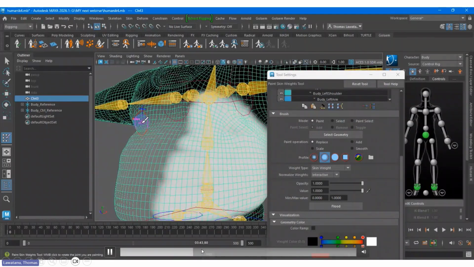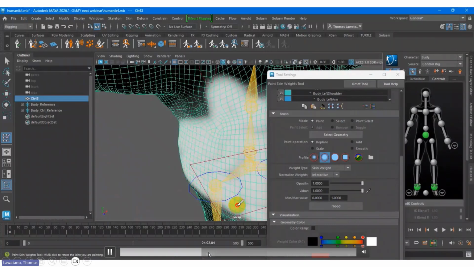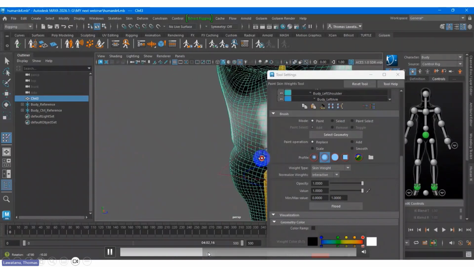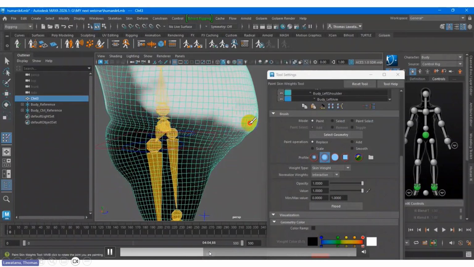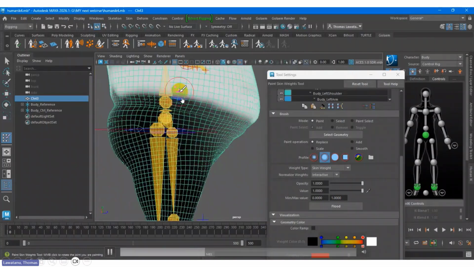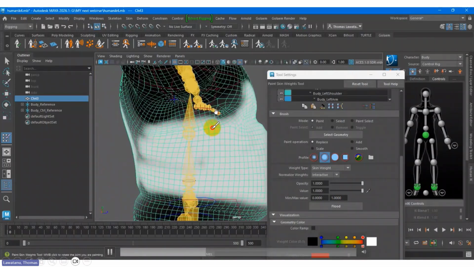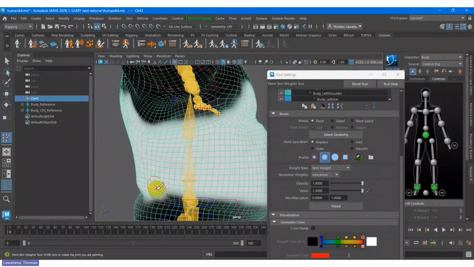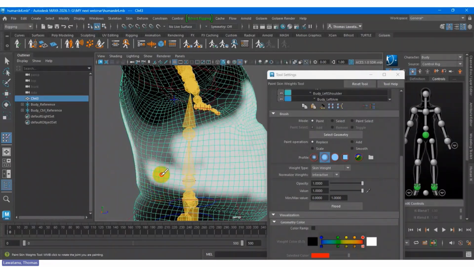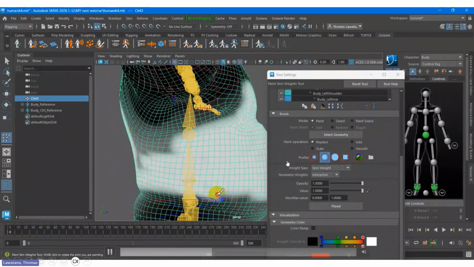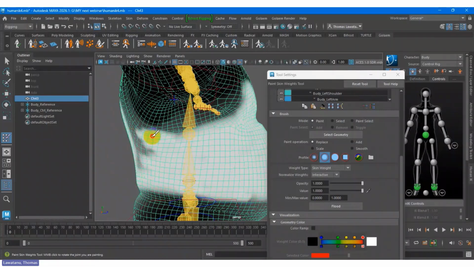Okay, the paint weight. So I paint some certain area, but again, after this we need to cross check, because sometimes this is the area I want to cover with the torso area, and once I get back to the character, something is weird. That's why we need to recheck, cross check everything. Once you play around with the paint weight, you need to cross check, right?